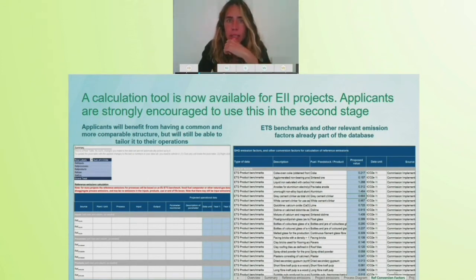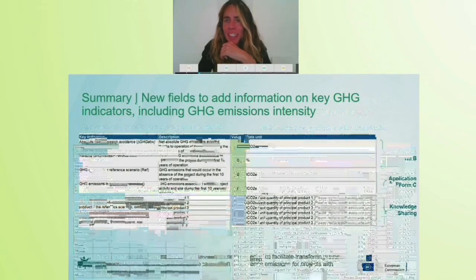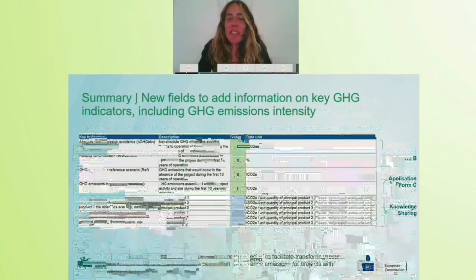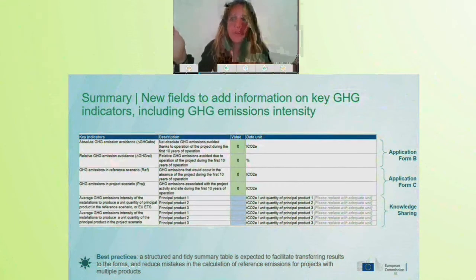Next slide. So this tab is the summary tab. For those already using the tool provided, you may recall that we had a tab summarizing the calculations to inform the two GHG emission avoidance criteria, the absolute and relative emissions avoidance. Even with that, we've observed some inconsistencies between the figures that were in the tool and those that were in the form. So we've tried to make it a bit more straightforward